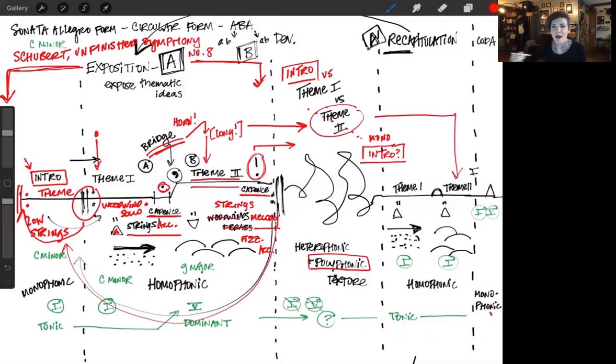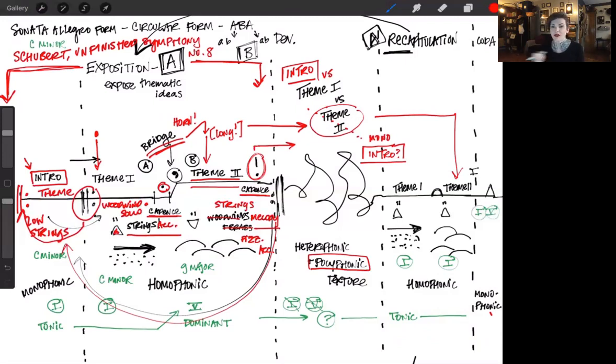So let's see if our hypothesis was correct. Are we going to hear the introduction or theme 1? This definitely sounds like theme 1 material. Okay, maybe we're going to hear the introduction then here,